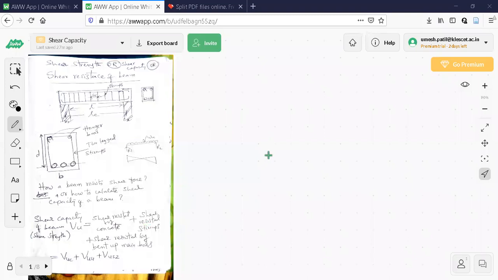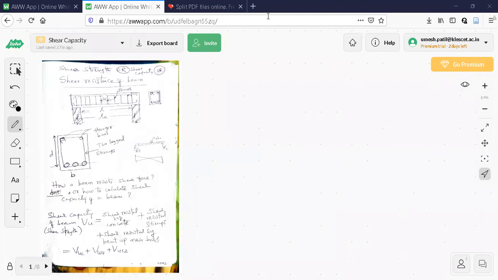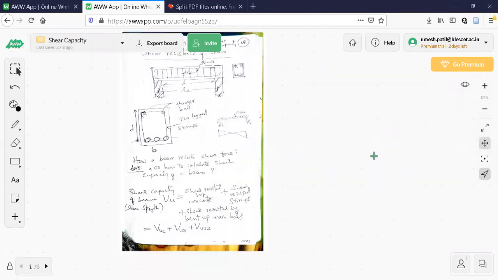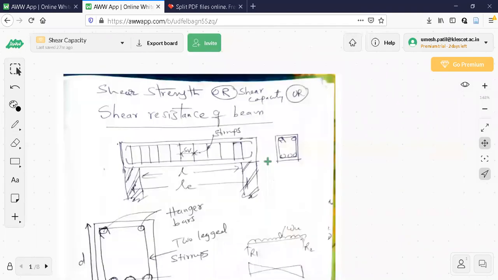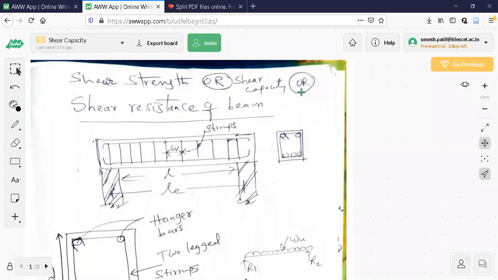Okay. So let us see this one here. You can just mute yourselves and observe what I'm explaining here now. Now observe shear strength or shear capacity or shear resistance of a beam. The way we studied the moment of resistance, in a similar way there is something called shear resistance, because a beam should not fail due to bending, and it should not fail due to shearing also.